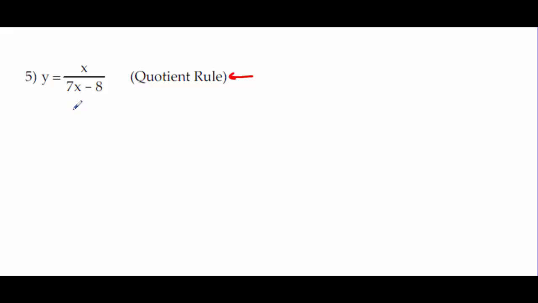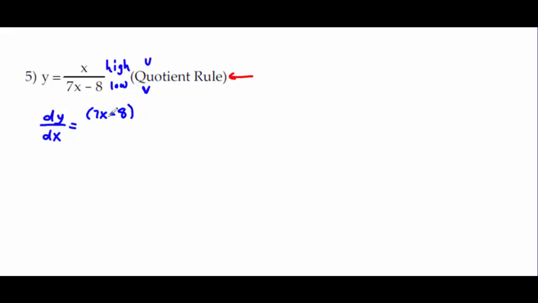Later on, when it doesn't specify the quotient rule, use that trick of moving things up to the top and giving them a negative exponent, all you want. So for our quotient rule, either we need to think, hey, this is low and high, or u and v, depending on which way you prefer to think about it. So I'm going to do low,